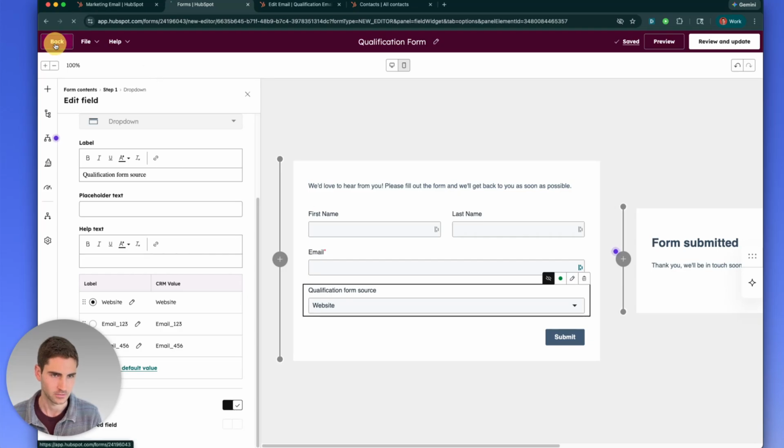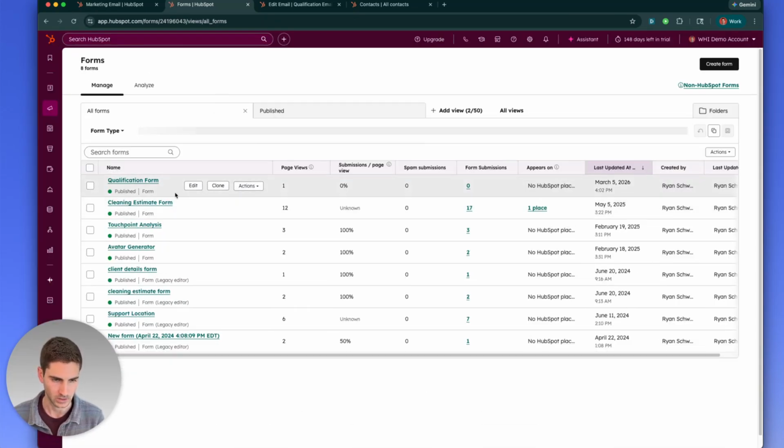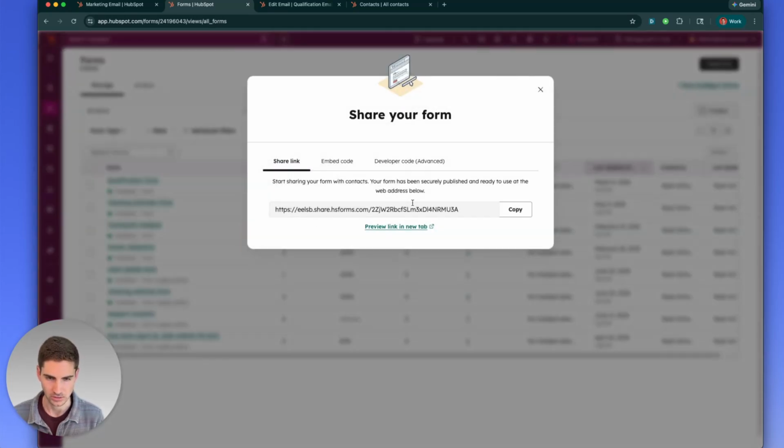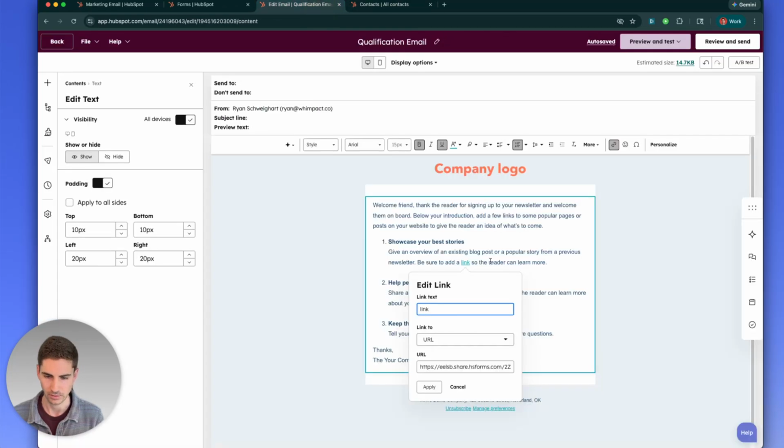If you're looking at all forms and you go to the qualification form, go to action, share. There you can get your link and go about it that way. So you'll just copy that link, bring it over to our email here and paste it in. And then at the end, what we want to do is put in a parameter at the